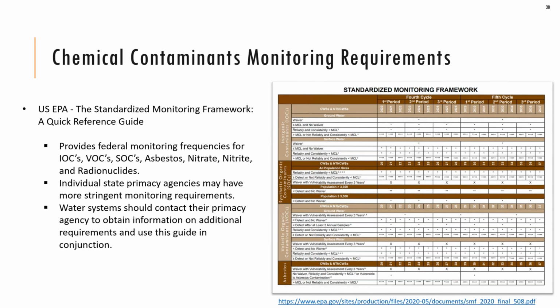Then you can determine which row you should be looking at depending on whether you have reduced monitoring, that is, a reduced monitoring waiver or not. Then from that, you can find for each year, each quarter, or each several years, how many samples are required depending on the number of stars listed in each cell. Again, individual states may have more requirements, so water systems should contact their state to make sure that this is the right schedule to follow.